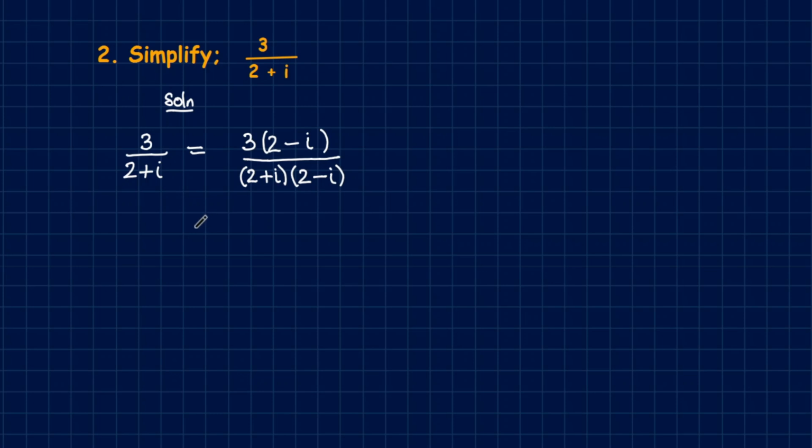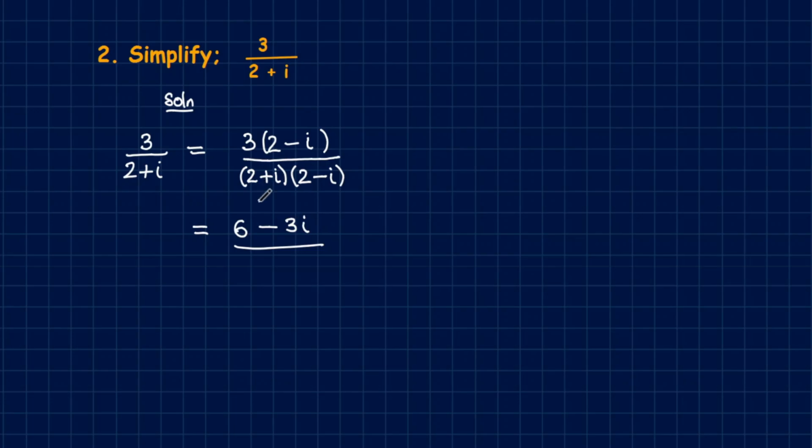Now, opening up these brackets, we'll have here 2 times 3, we get 6. And here 3 times -i, we get -3i. So this is divided by, now here we have two choices, either to use difference of two squares, or